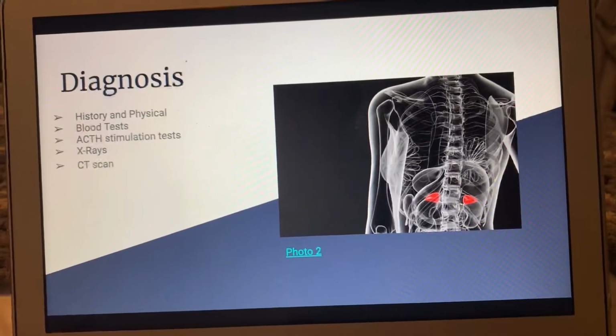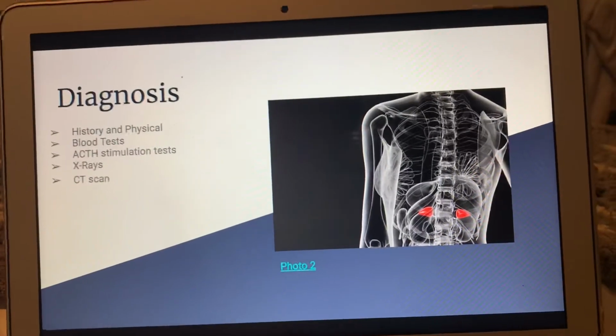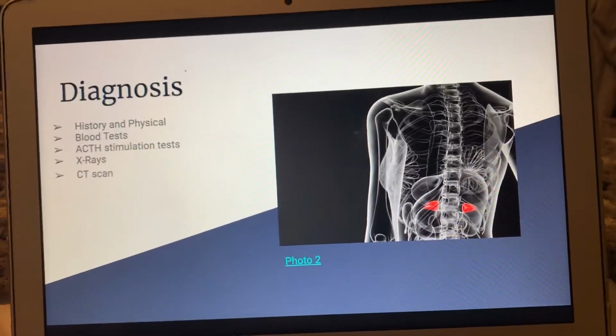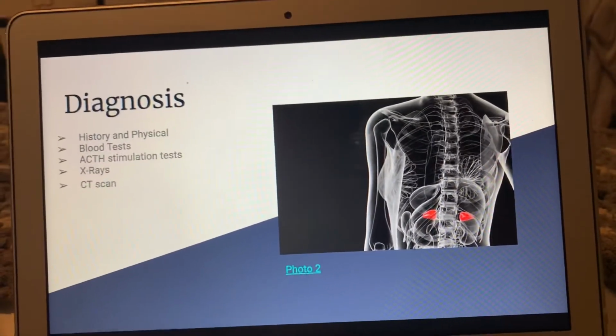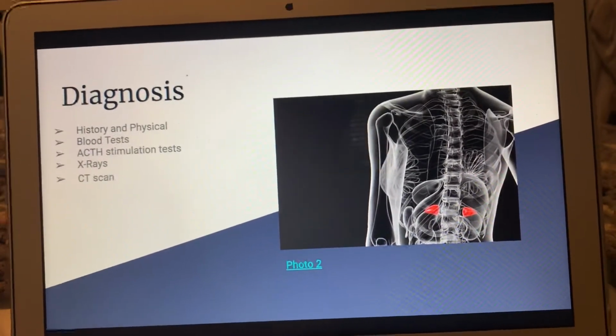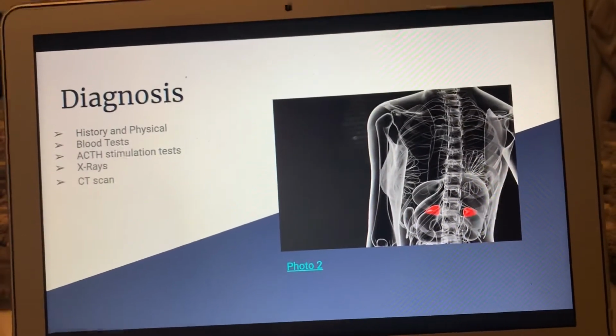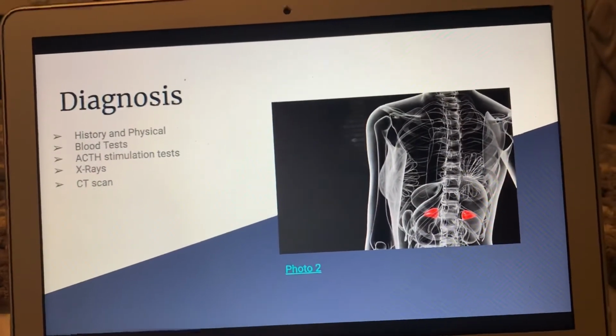For diagnosis, one can be diagnosed with this disease by reviewing past history. Like if in the past you have had problems with your adrenal glands, you may be at higher risk of having Addison's, so we check into that, as well as a physical. And even blood tests can help